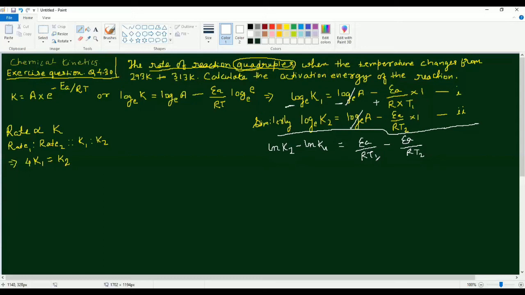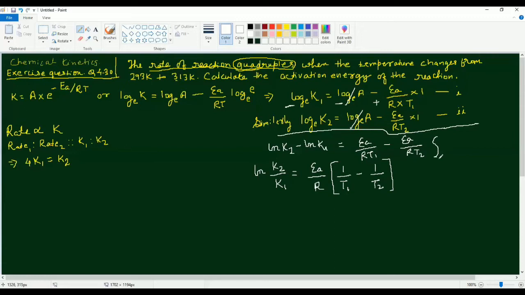EA and R can be taken out as common. So we can write this as ln K2 by K1 is equal to EA by R, taken out common, times 1 by T1 minus 1 by T2,